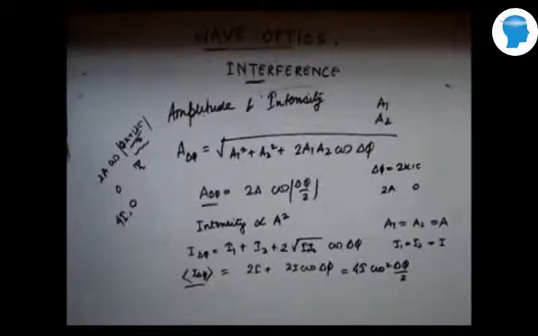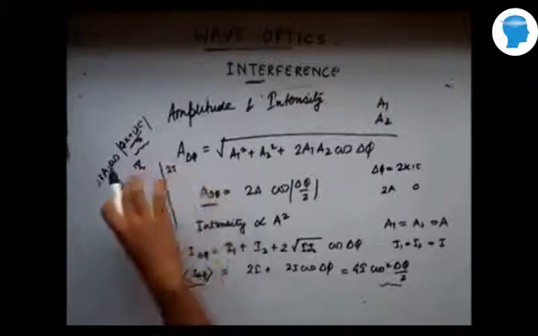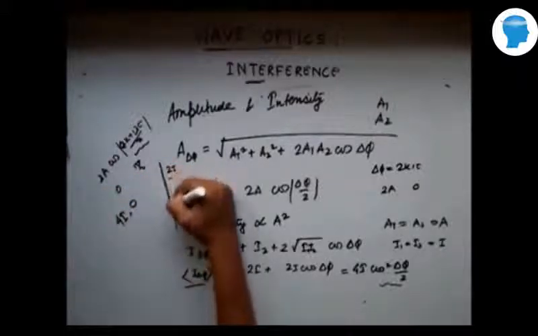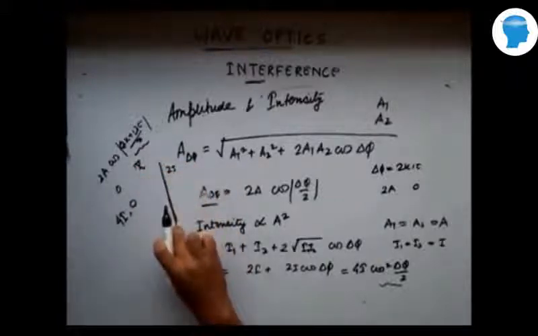Okay. Now, here you see that if del phi keeps changing with time, that's the case when we have two incoherent sources. If del phi is a function of time, then to find the time average, I need to take the average of this also. So cos square average is half, so this comes out to be half. So when you have an incoherent source, at all the points on the screen you get an average intensity of 2I. So when we have two incoherent sources, since the average intensity is the same throughout the screen, we don't see any white and dark bands.